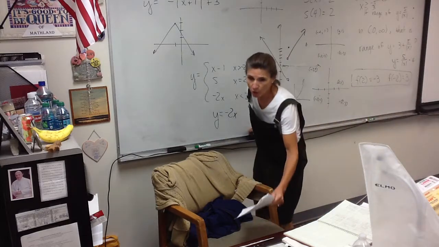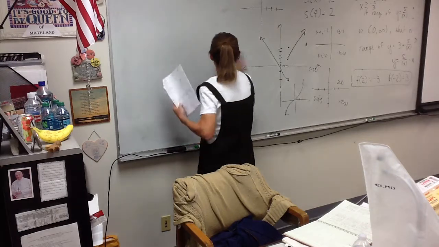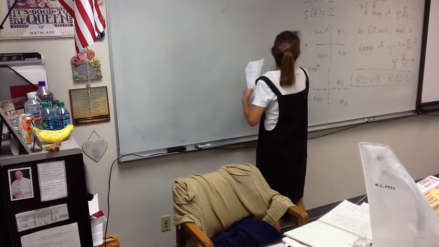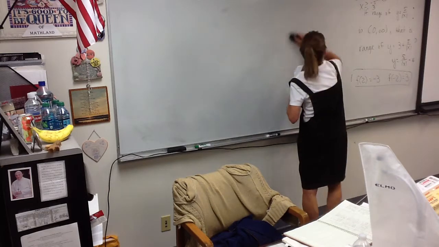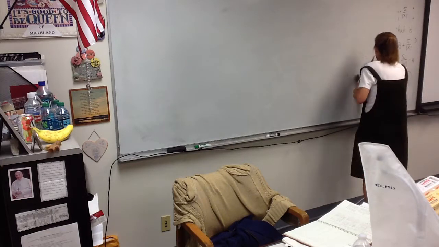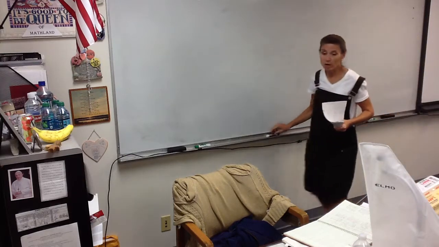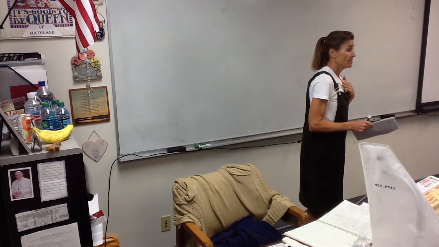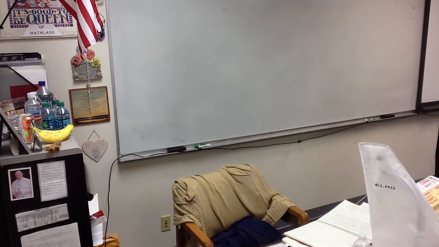Who can tell me in your own words how we get vertical asymptotes? Maya? By finding your domain and graphing zero. Exactly. You find your domain, and whatever x can't be is going to be a vertical asymptote. Now, on Friday, we talked about holes. How did holes come into play? When the numerator can be factored and canceled, right? So we want to always start our problem by factoring everything and seeing if we can